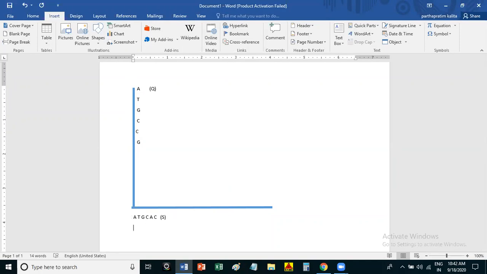Generally, when there is a match, they get some positive score. For example, I am giving 2 marks here. Then in second position there is thymine, here also it is thymine. They will get some positive score, for example 1. Next, guanine is there, guanine is there. You know one thing, in case of nucleotides, guanine and cytosine generally get more score.